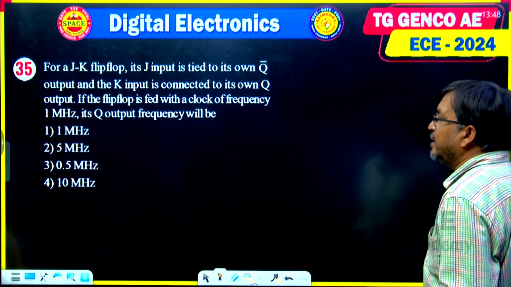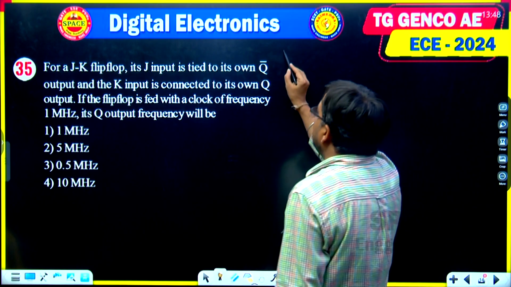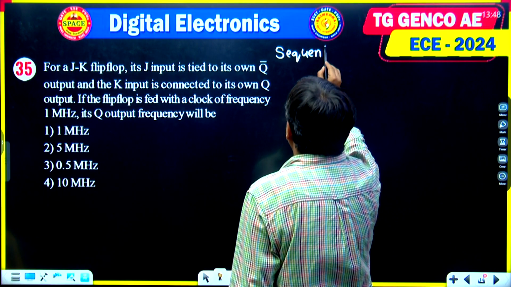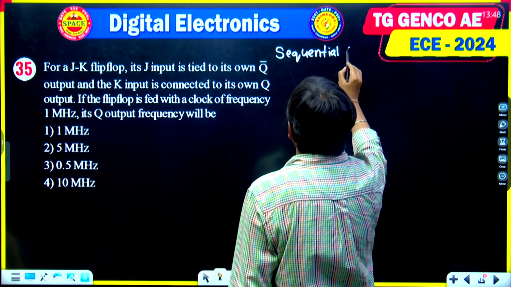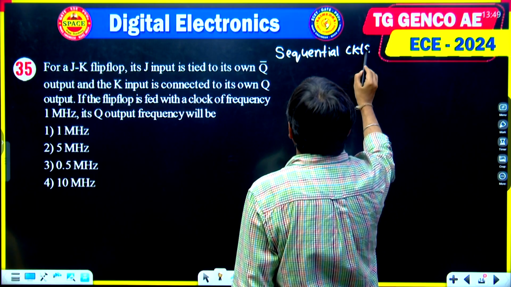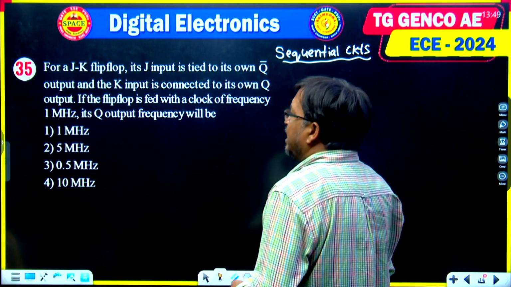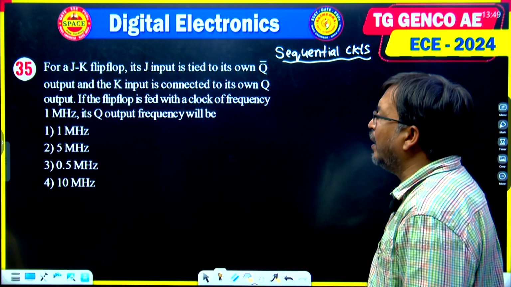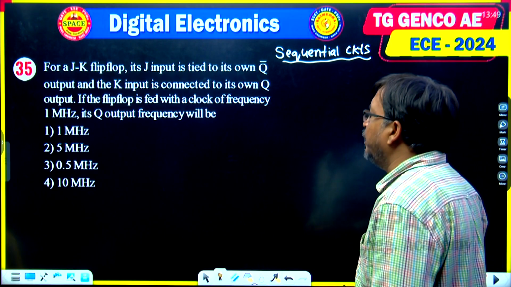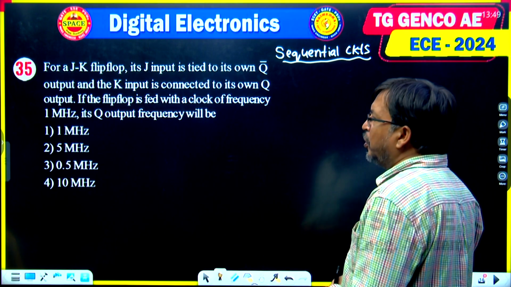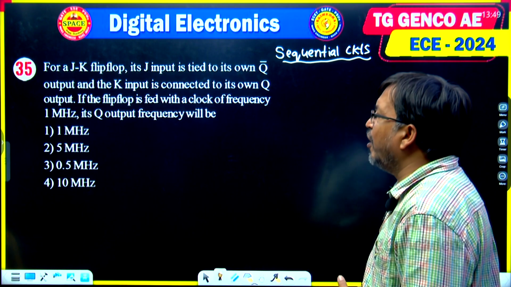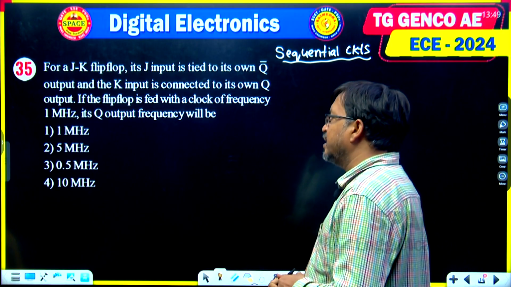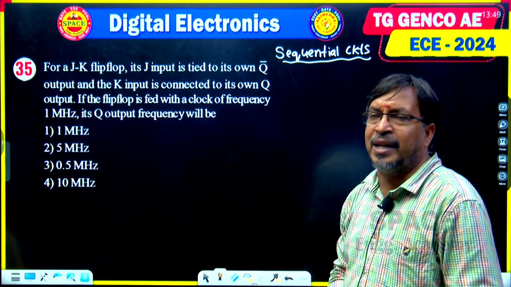Students, next question. This question is related to sequential circuits, specifically flip-flops. For a JK flip-flop, its J input is tied to its own Q bar output and the K input is connected to its own Q output. If the flip-flop is fed with a clock of frequency 1 megahertz, then its output frequency will be